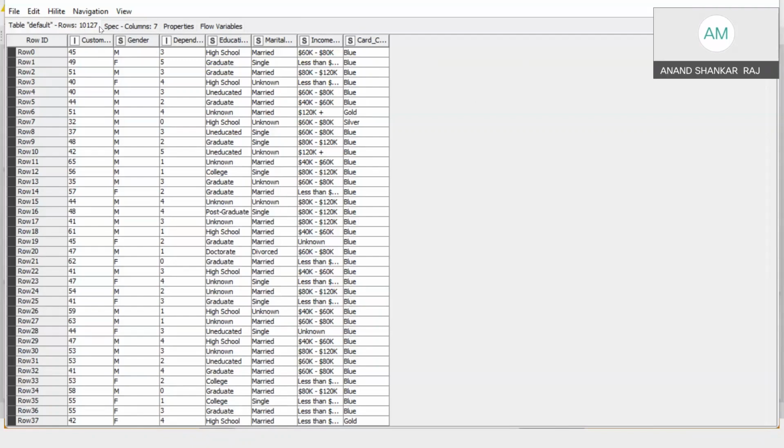10127 consumers. And there are 7 different column items. Now, let's do more deep understanding about these consumers. If you look into the customer age category, mostly it is ranging from 40 to 65. You can just scroll down and you can see, for example, 45, 49, 51, 40, 44, etc. And 65 also you have. So basically you understand that majority of the customers who have a credit card are ranging between the age category